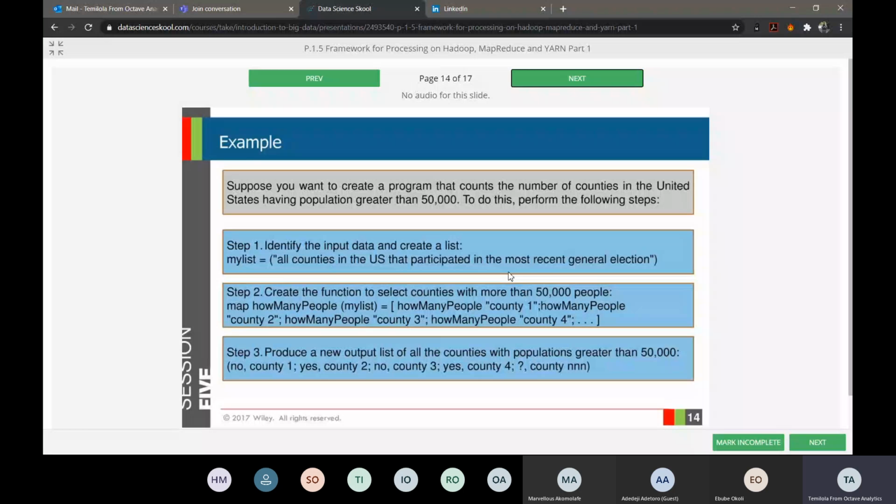So what would our mapping function do now? Our mapping function will work on the list. The very first thing it will do is count how many people. So what does that mean? Meaning for each state, for each,